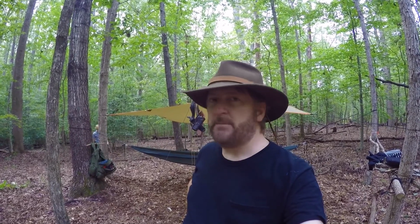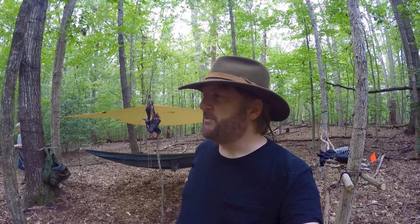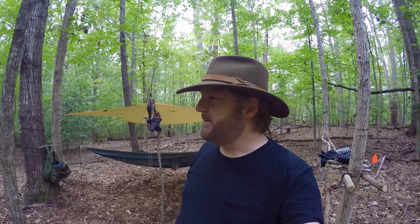We're setting up with a different tarp, one of my older tarps, a 10 by 10 tarp with 2 hammocks. And it's supposed to rain tonight again. We're going to see how it holds up, but we're getting a little bit more of an idea of what we want to do with this campsite here. Right here we've got